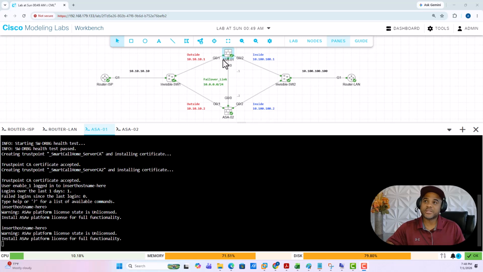Gig 0/1 is basically pointing towards the outside, and we're going to use the nameifs, in this case an uppercase O, dot 1 representing the active and dot 2 representing the standby. Subsequently for the inside we're going to do the same, uppercase I for the nameif, and then of course dot 1 and dot 2 respectively. We're going to simply ping from the inside router LAN, 10.100.100.100, across to the router ISP,